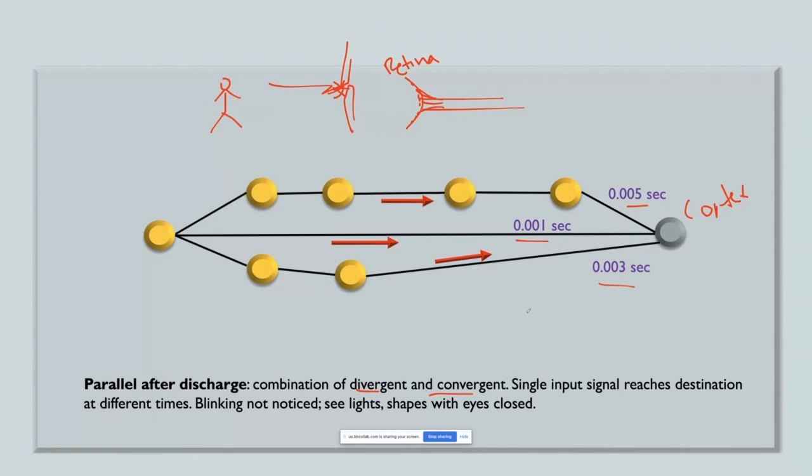Okay, because we still have the image. Let's say this image got to the retina, to the visual cortex, and we see the person, then while we are blinking, we still have this signal entering, and when we open the eyes, the first one goes very fast and we don't miss anything. Okay, that's the best example